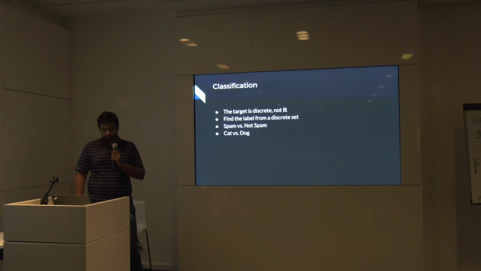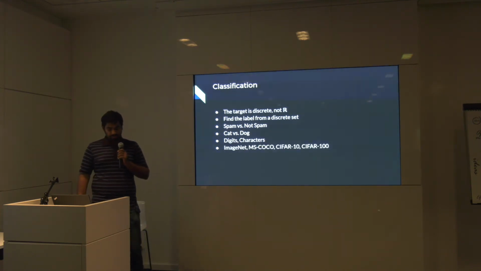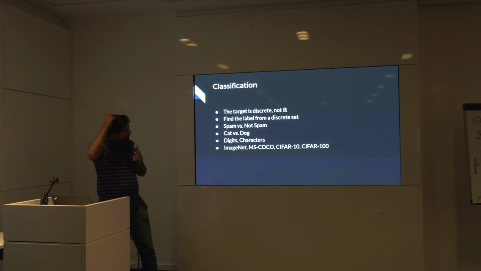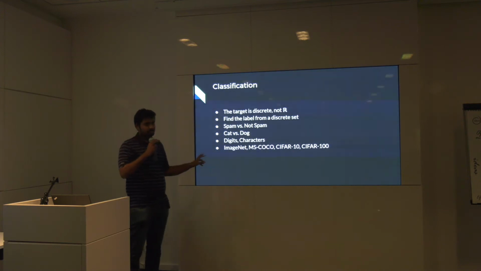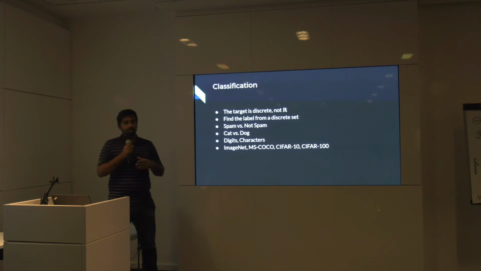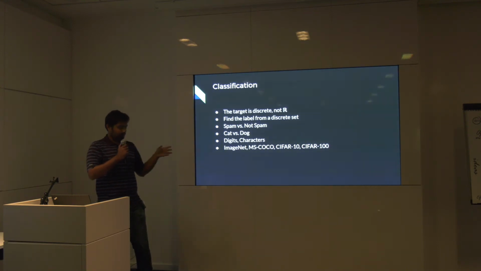Your email filters, cat versus dogs. Digits, there are only finitely many digits, right? 0 to 9, characters A to Z. So those two can be considered as classification. And recently, you might have heard of things like ImageNet, the dataset, MS-COCO, CIFAR10 or CIFAR100. These are image datasets that are used frequently in deep learning, and basically these are just images with a fixed